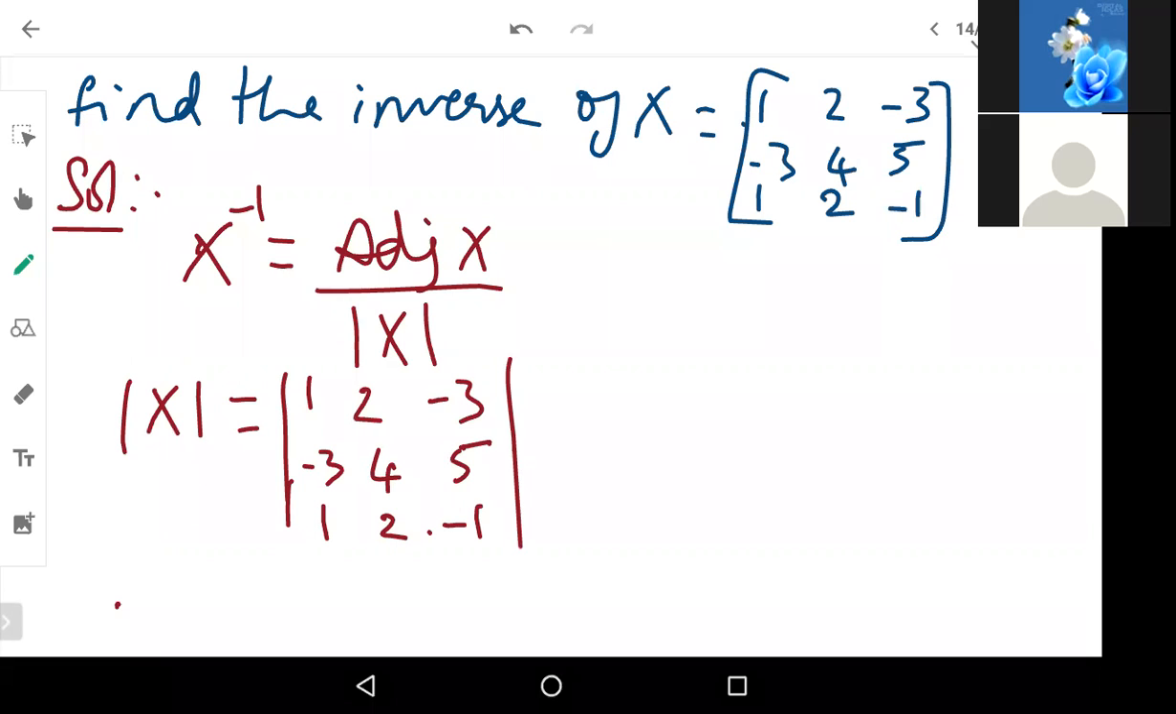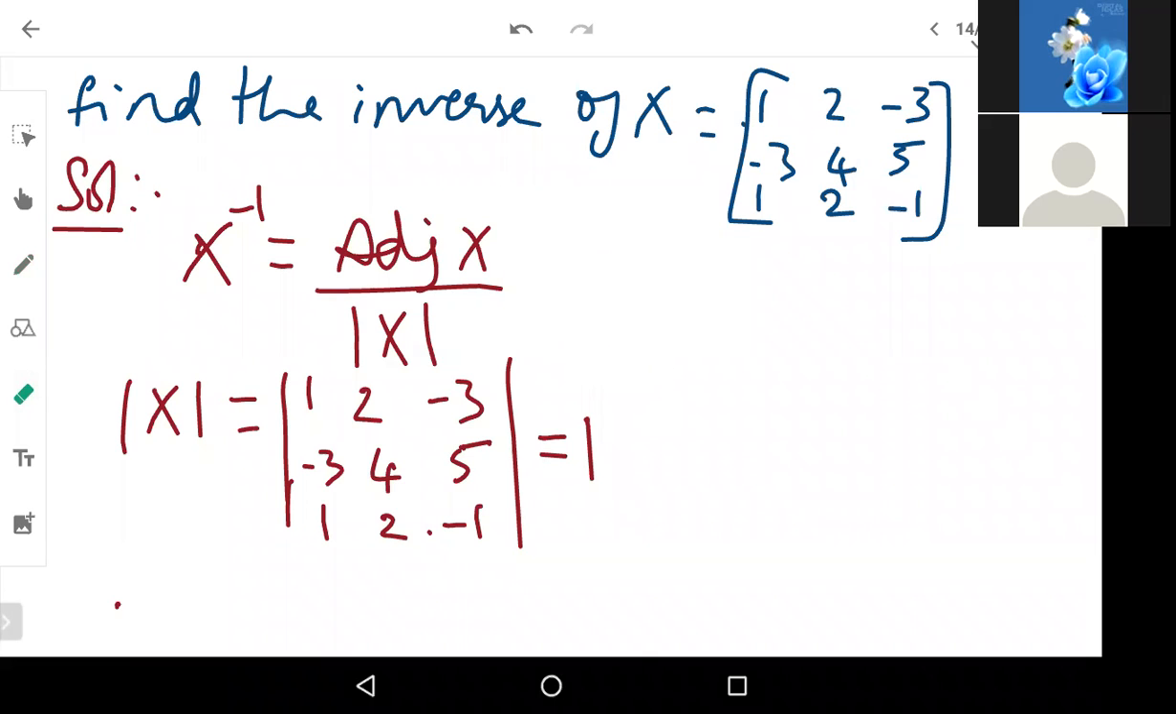Only the first row you have to use. When you're finding the determinant, only the first row. So 1, what is the positional sign? Plus, minus, plus will be the positional sign. Are you all able to follow? Do you remember? Okay, good. Now start solving. So 1 into, what will be the